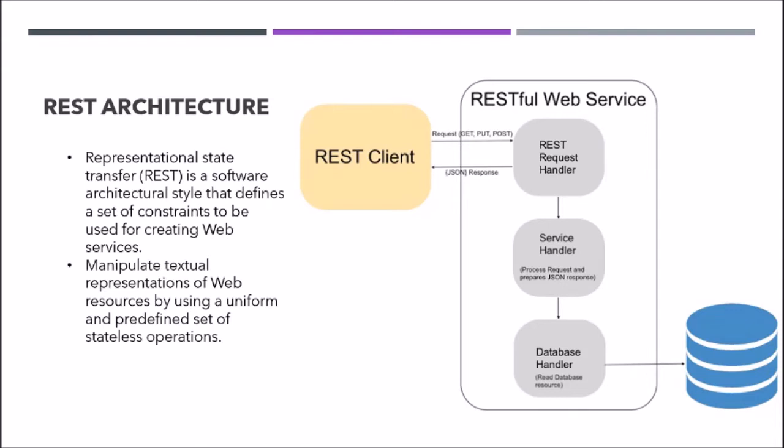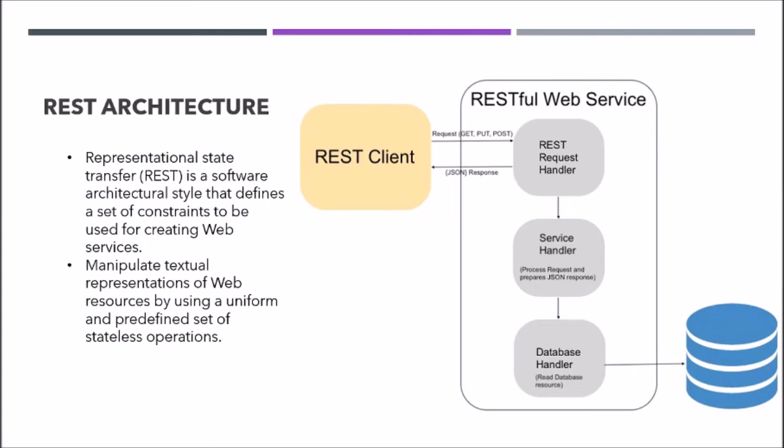The complex part of marshalling and unmarshalling will not be here, since it's a direct HTTP call, and the server will respond to the HTTP call with the appropriate response. Since there is no definition for it like SOAP, there is no contract for it.